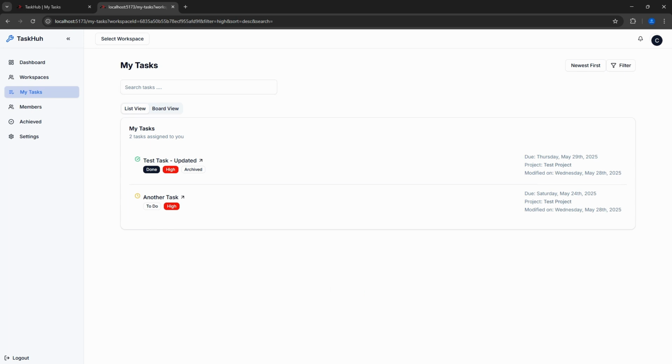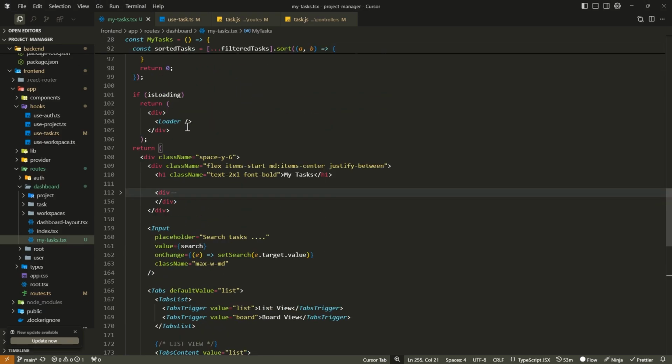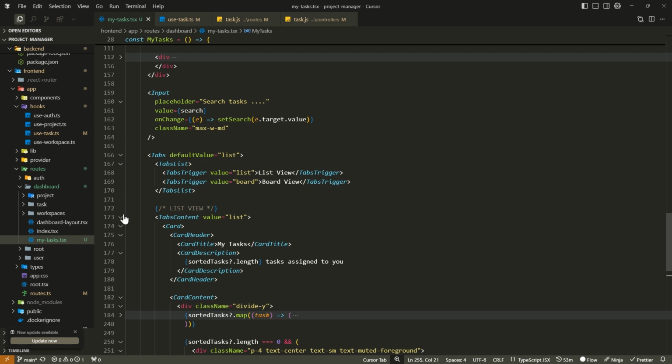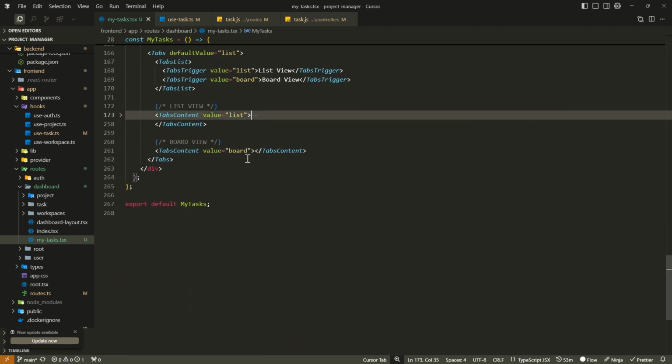So that is the first one, right? Okay, the list view. So I can close this side. Now we go to the board view. Okay. So in the board view,